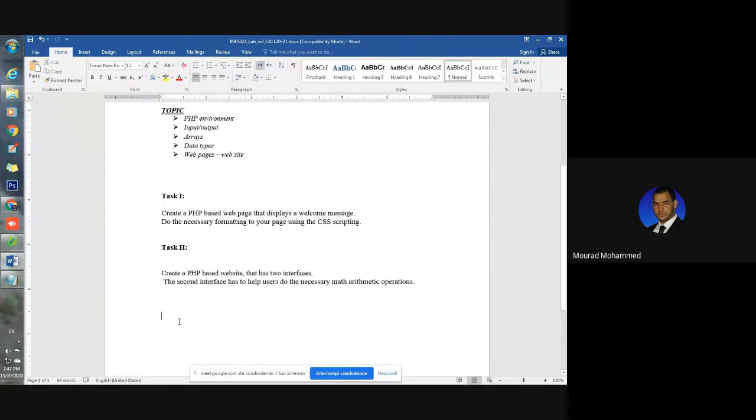Task number 2 is asking us to generate a 2 pages website. 2 interfaces, based website that has 2 interfaces. The first one is this one. The second interface would have to help the users to do the basic arithmetic operations. Math operations, yes, addition, subtraction, division, and so on. To do so,